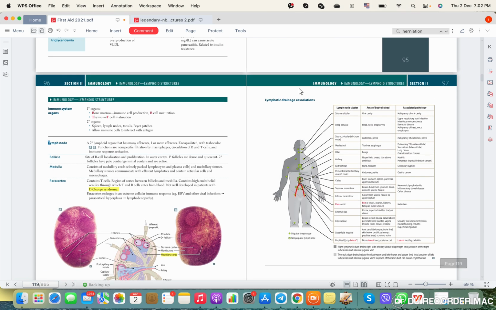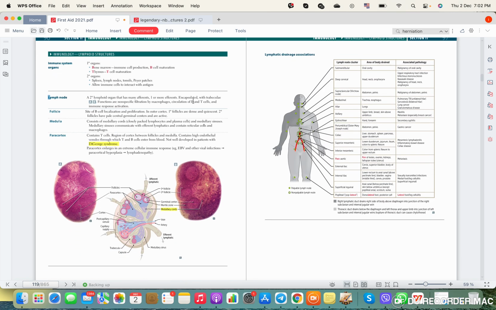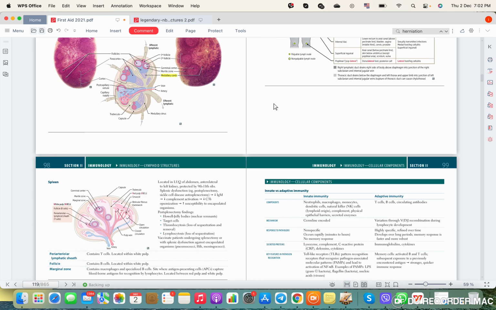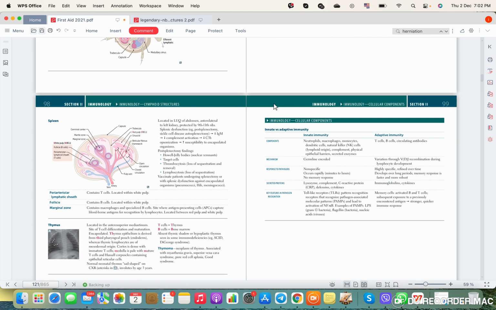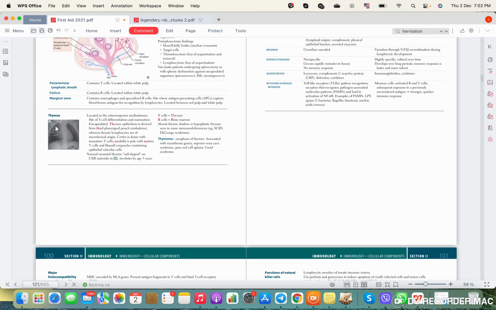So to start with, before I speak about the lymphatic drainage, let's speak about something that makes the brain work a little bit. So speaking about the thymus, who has a bigger thymus? A 1-year-old or a 90-year-old? Who has a bigger thymus? Yep, that is correct. So during young age, you have a big thymus, but the older you become, the smaller